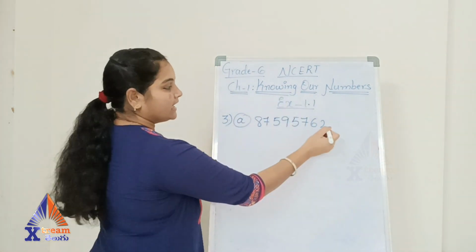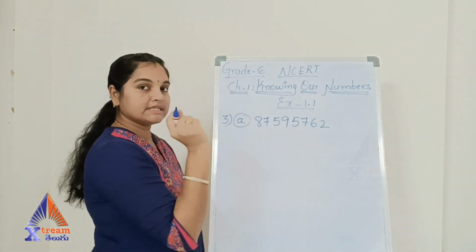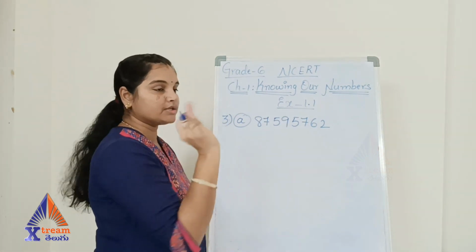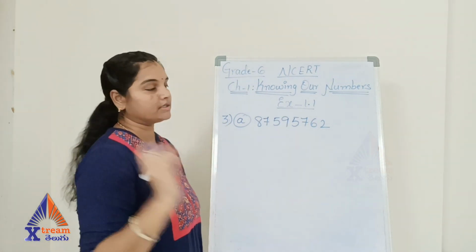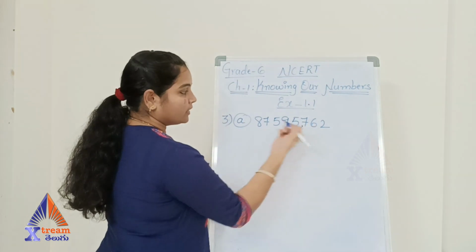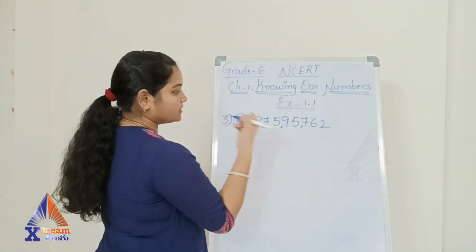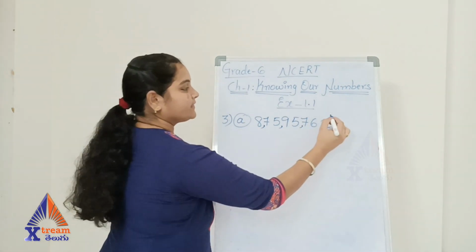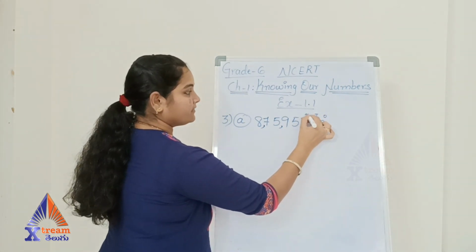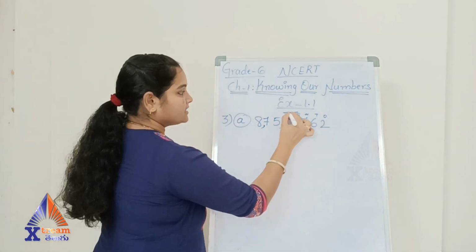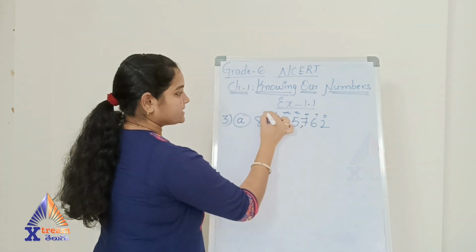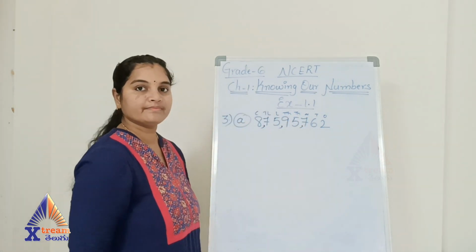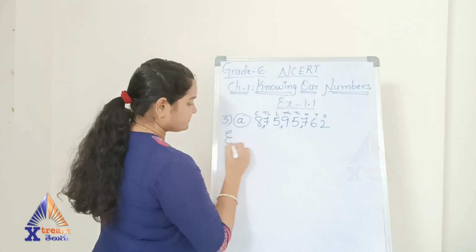So I'll count 1, 2, 3. Since it is the Indian system, I'm giving it in the 1, 2, 3, 1, 2, 1, 2 method. So 1, 2, 3, here 1 comma, 1, 2 and 1, 2. So I have a crores place here. So I have ones, tens, hundreds, thousands, 10,000s, lakhs, 10 lakhs and crores. So I write it as